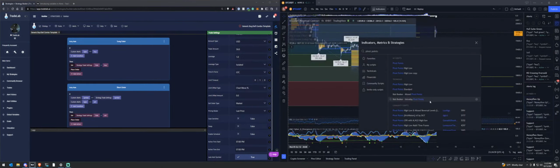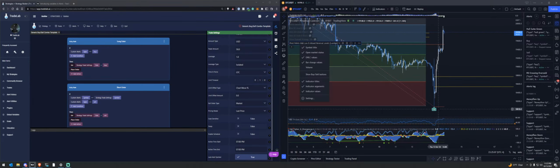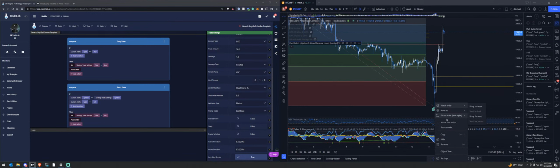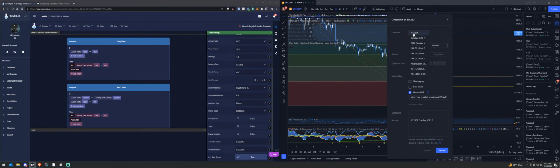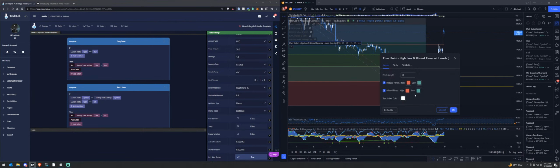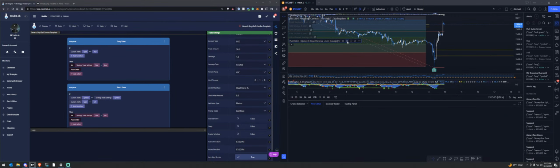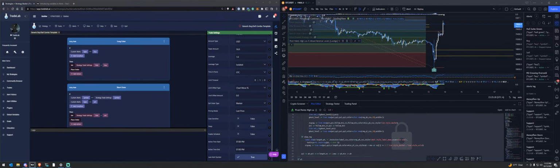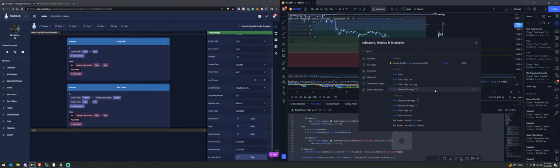Here we go. Lux Algo definitely does it. I'll be so blown away if they don't. Wow. That's crazy. They sure don't. I do want to show you this though, because